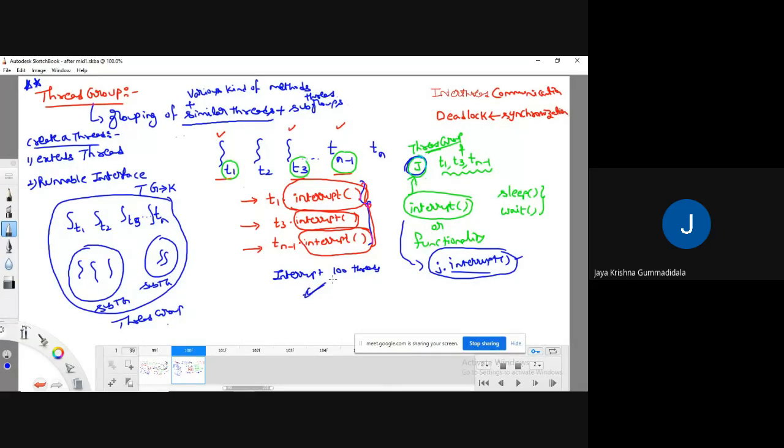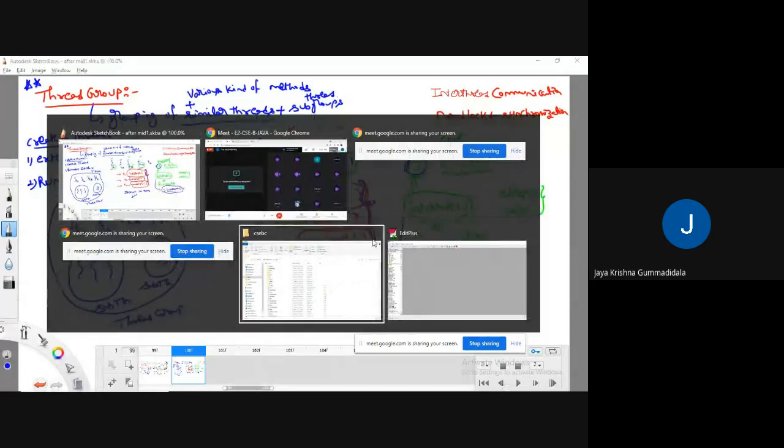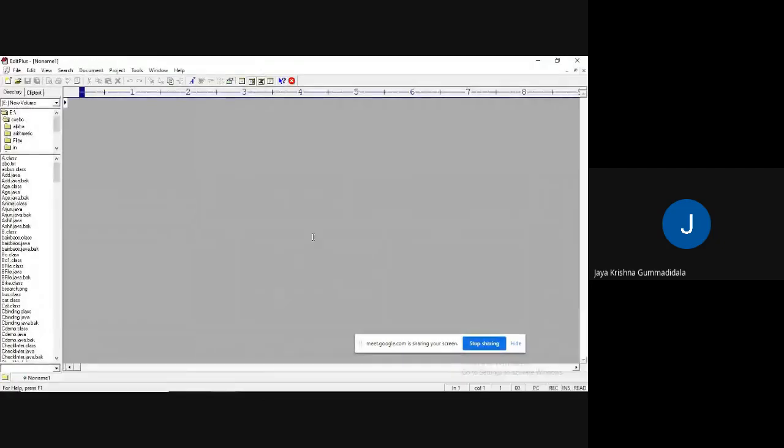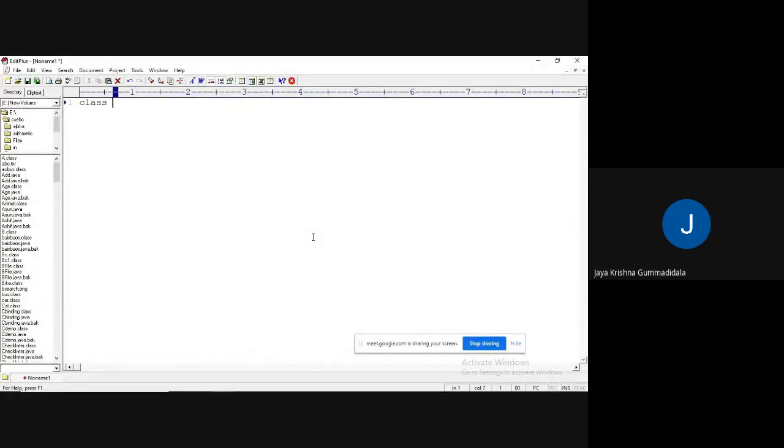So first, let me show an example related to the process we are following, T1.interrupt, T3.interrupt, and Tn-1.interrupt, so that you will get clarity. Class CSC, I would like to extend the thread class or implement the Runnable interface. Anything is enough.